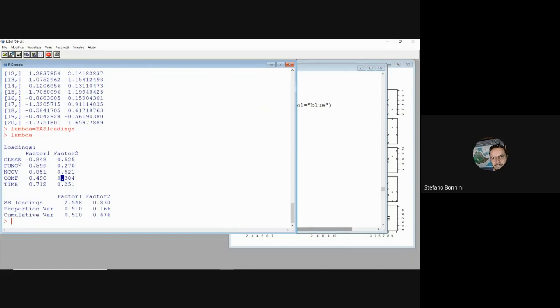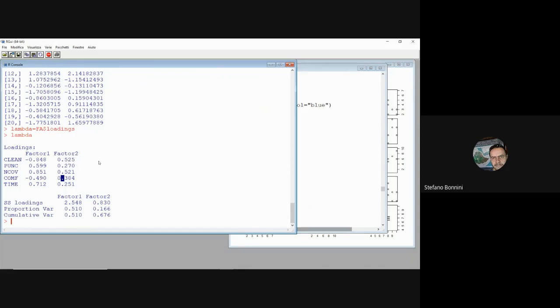So in the equation where cleanliness is a function of factor 1 and factor 2, the coefficient corresponding to factor 1 is minus 0.848. The coefficient corresponding to factor 2 is equal to 0.525. So cleanliness is equal to minus 0.848 times factor 1 plus 0.525 times factor 2